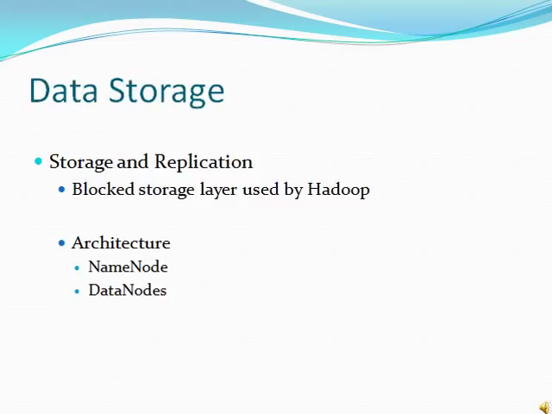Storage and replication. The Hadoop Distributed File System is the block storage layer that Hadoop uses to keep its files. HDFS was designed to hold very large datasets reliably using data replication. This allows HDFS to stream large amounts of data to users' applications in reasonable time. Its architecture is composed of two main entities, name nodes and data nodes, which work in a master-slave fashion. The name node is responsible for keeping the metadata about where the file is stored in the file system. The data nodes are responsible for storing the data itself.